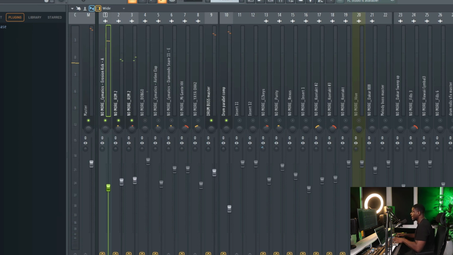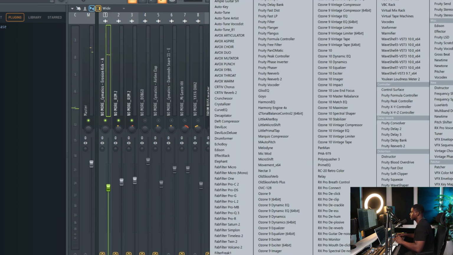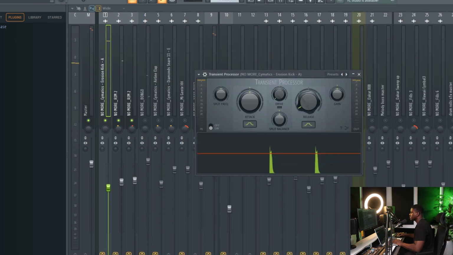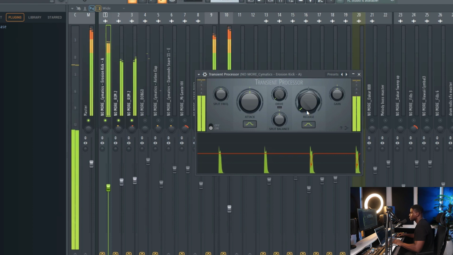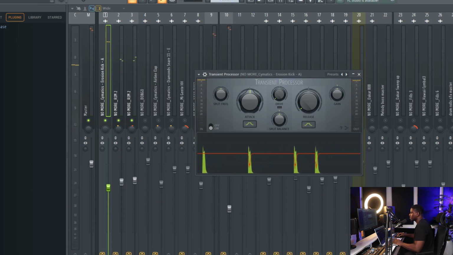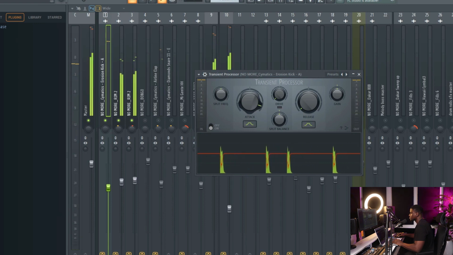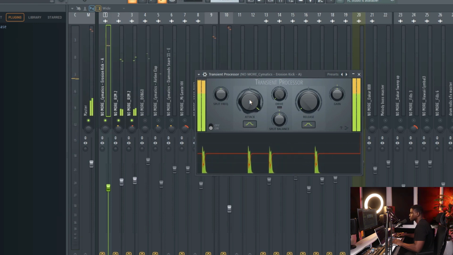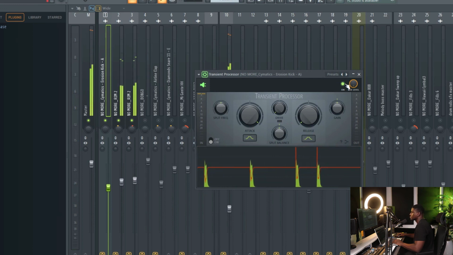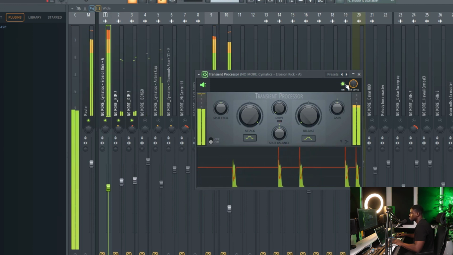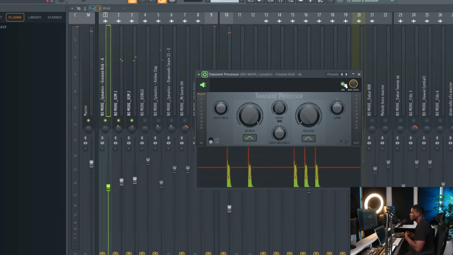Now the kick is sounding really heavy and aggressive, but let's see how it will sound when I add it to the kick. Increase the release. Then if I increase the attack, you can hear how much more punchy the kick sounds, like it has more punch, but a little less body, when it's turned off. When it's turned on,